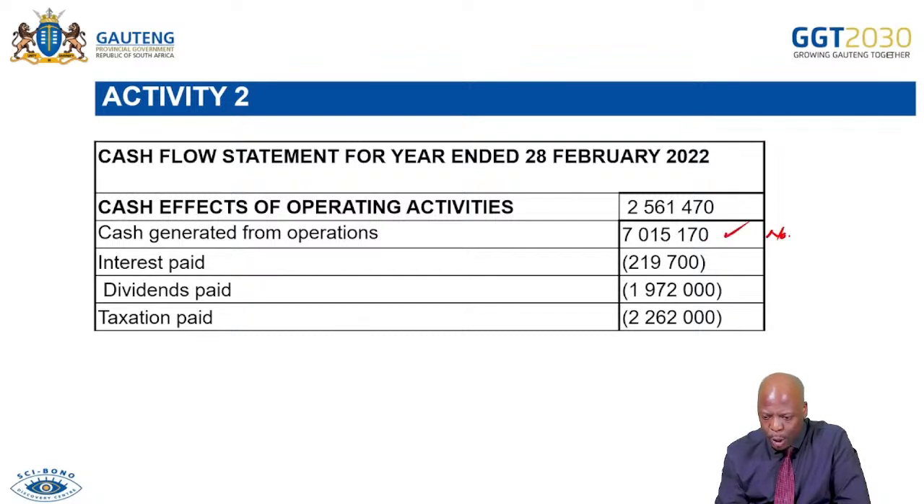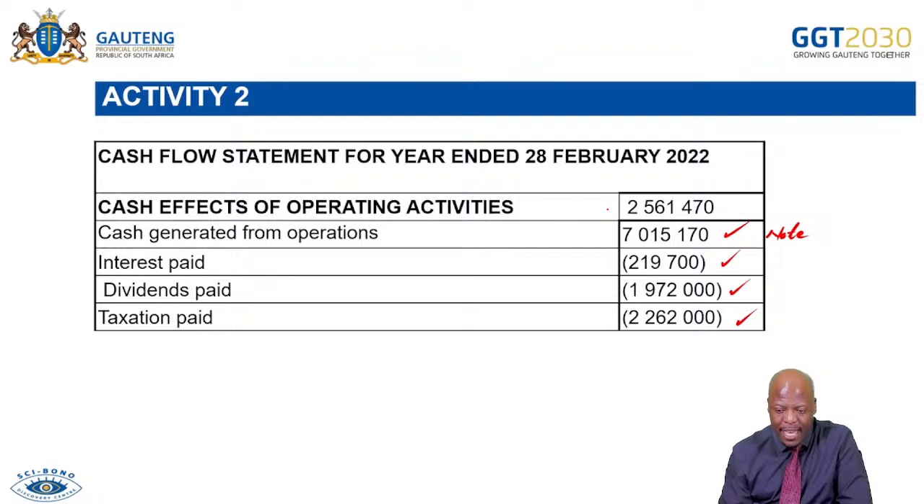Remember, we opened the note. We took the interest paid in brackets. We did the dividends and we got our dividends paid. We did our taxation paid. And then we ended up with the cash effects of operating activities,